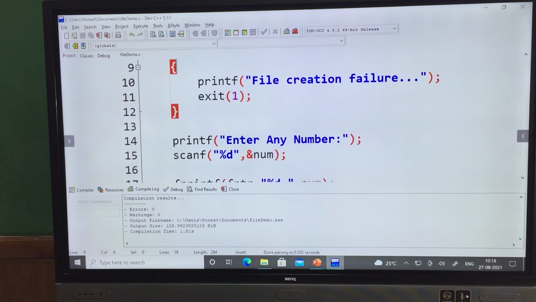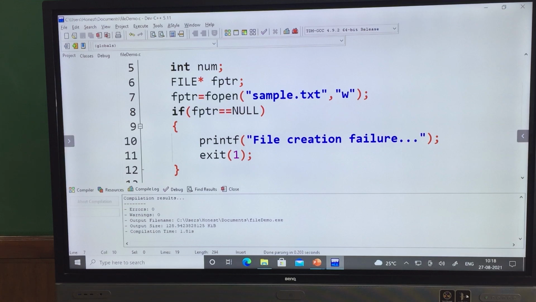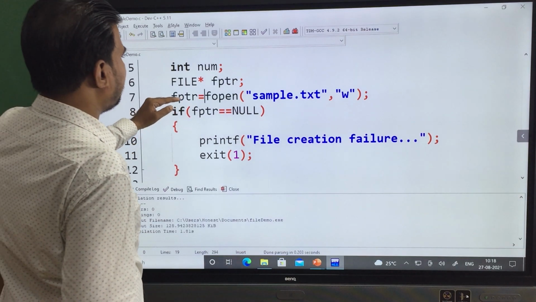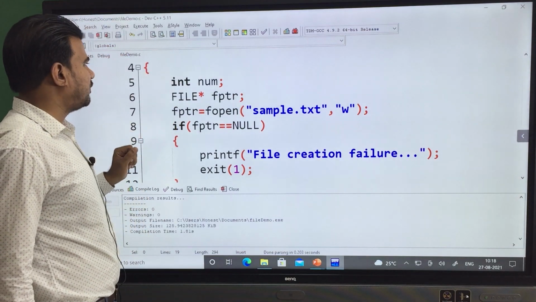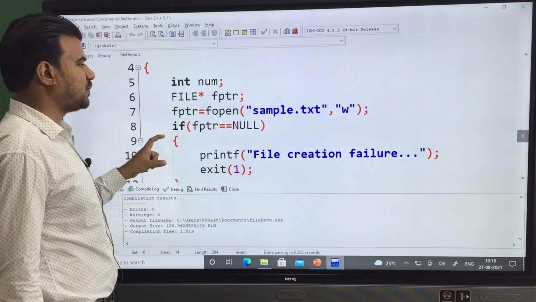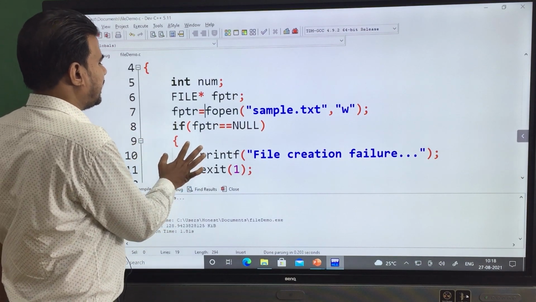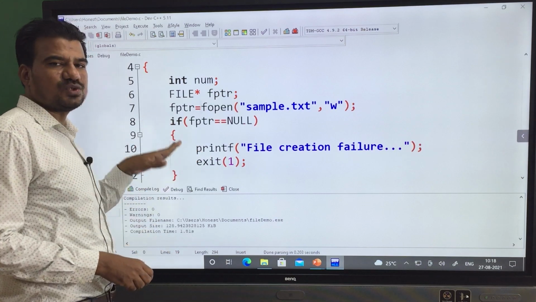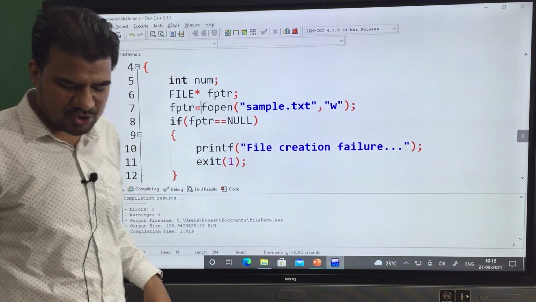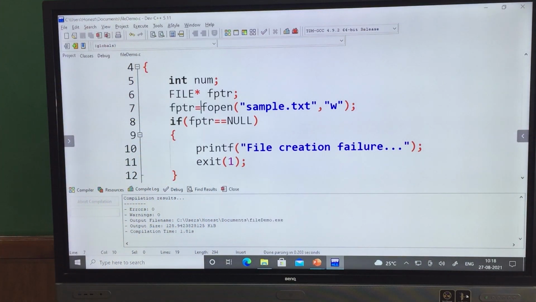Yes, here also we need to open the file. So instead of going with this fopen separately and this portion of if, checking whether the file is opened successfully or not separately, instead of writing these two things separately, we can do these two things in a single statement. So I will show you how you can do that and how you can remove the below if part. So here only you start writing the if part, if at all fptr equals to fopen of sample.txt.